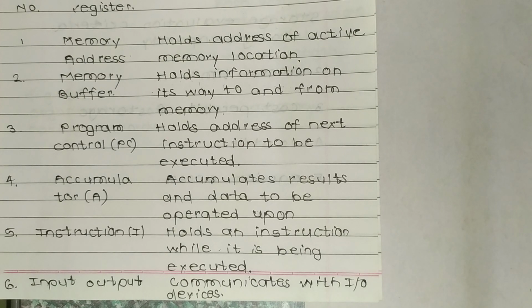Second, the control unit then sends the operation and address parts of the instruction to the decoder and memory address register respectively. Third, the decoder interprets the instruction and accordingly the control unit sends command signals to the appropriate unit for carrying out the task. And fourth, as the system executes each instruction, it loads the address of the next instruction for execution in the program control register.